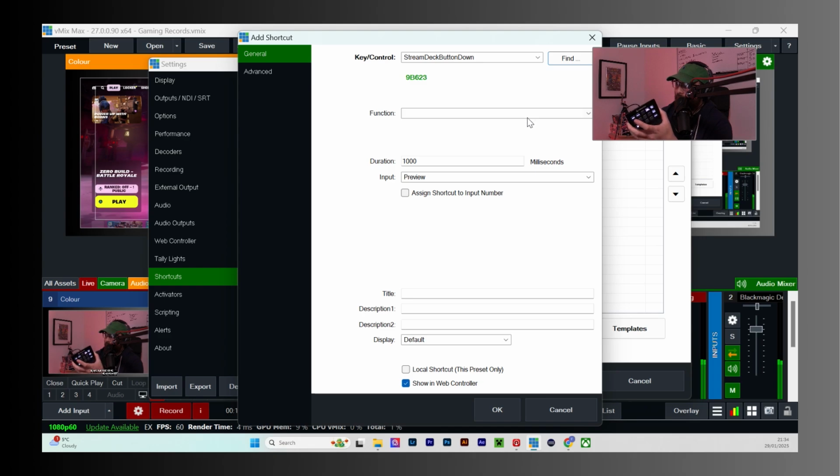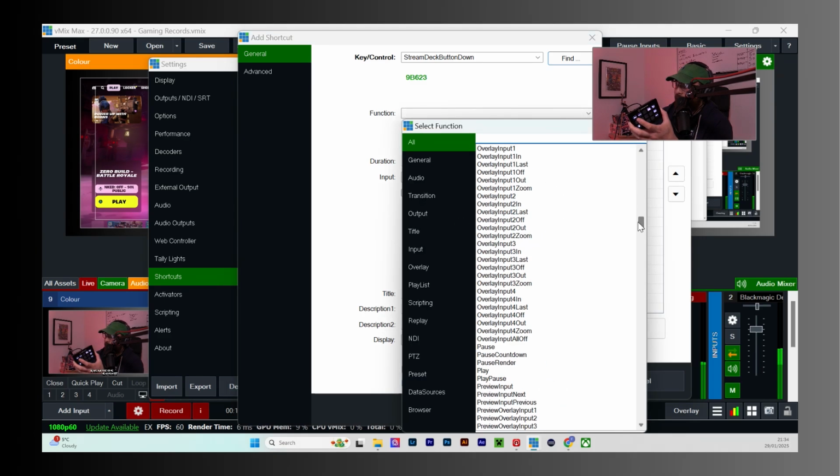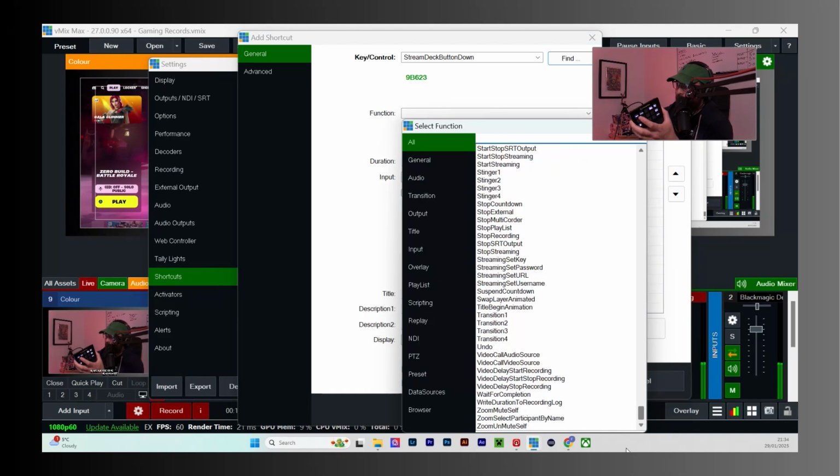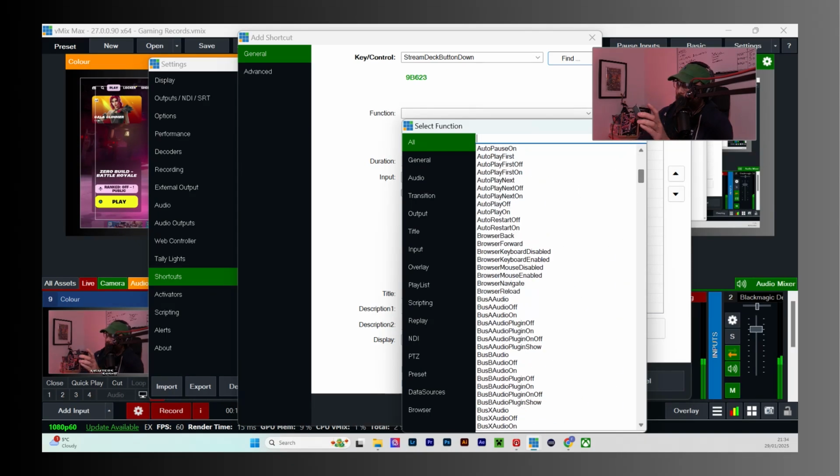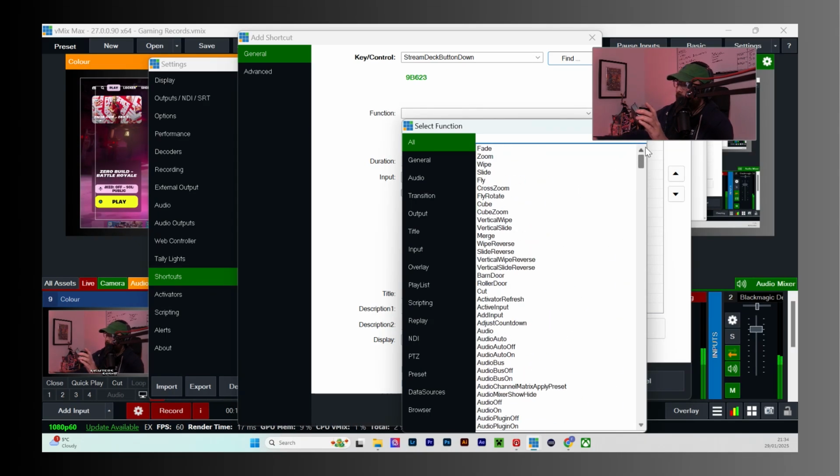So the function of this button is, and this is the amount of functions that this can do. But what we want it to do, and this is something that you might make a list of before you even come to creating your vMix show, is a list of buttons, outputs and inputs that you need, just so that you know what you're actually trying to achieve and how, and it's super efficient, so that when you come to create these buttons and the shortcuts, it's just easy.